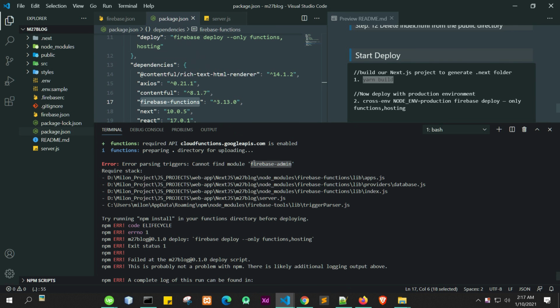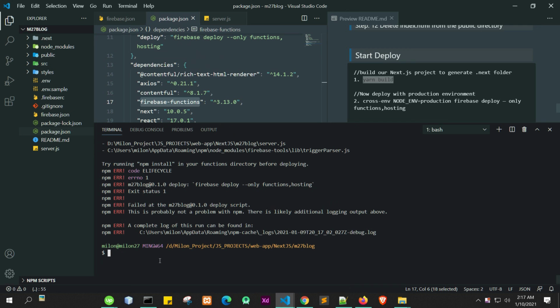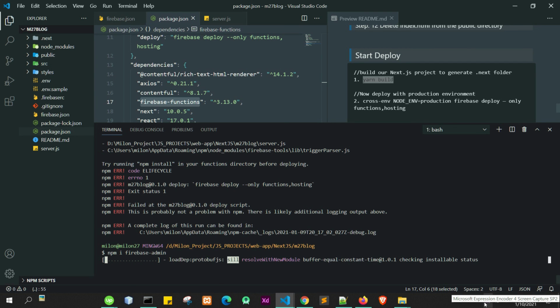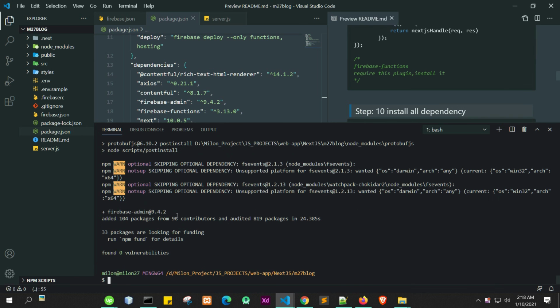So we need another dependency called firebase-admin. So let us install it. npm i firebase-admin. After that we will try to deploy it again. Okay, firebase-admin is installed. Now let me try to deploy it again.